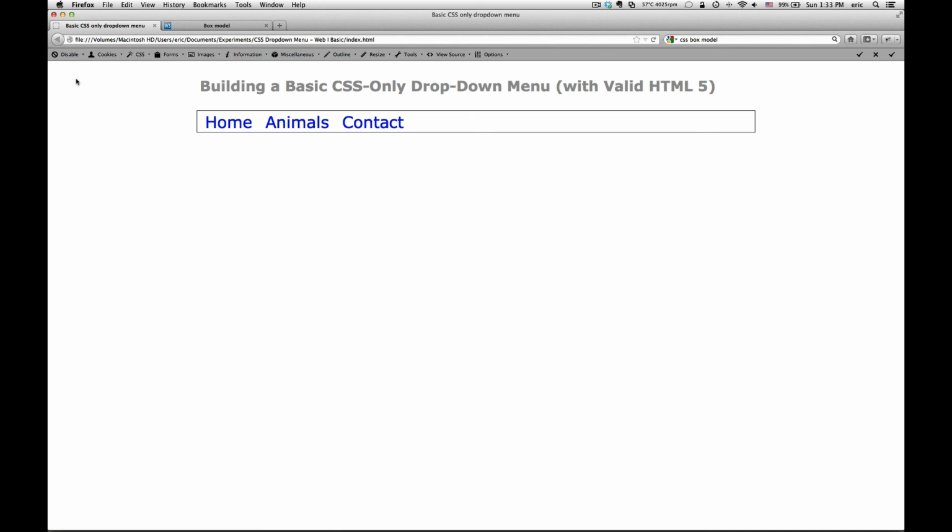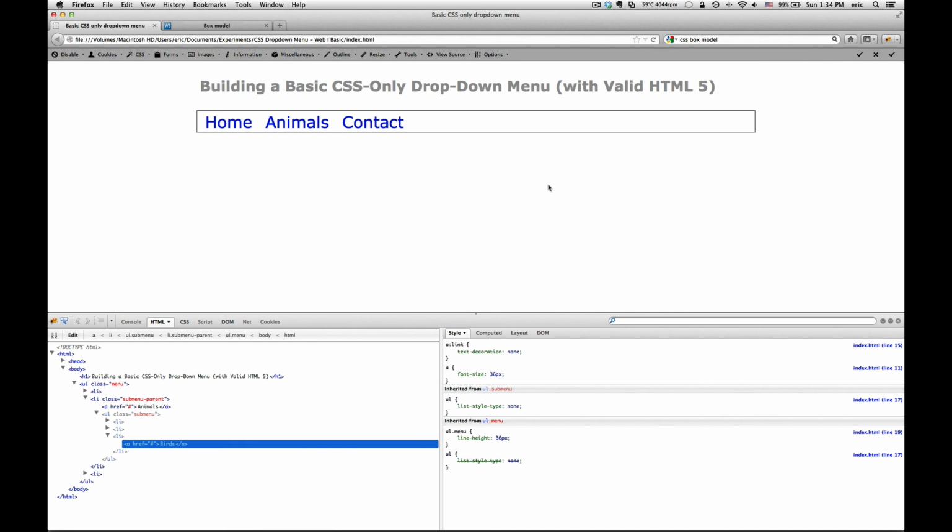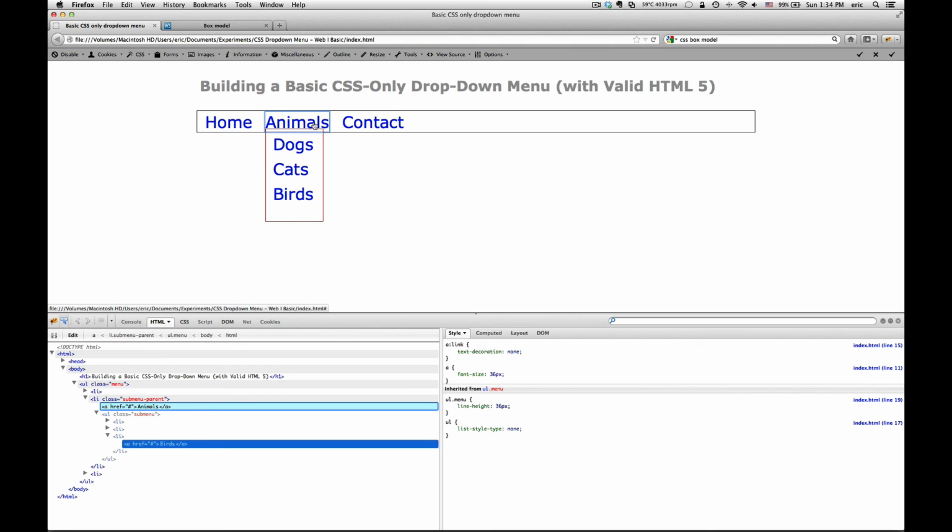and by default it was showing up here in the top left corner of the screen. The minute that we told the browser, okay, the submenu parent element, so the actual list tag with the word animals in it, is position relative, this absolutely positioned child element was therefore snapped into position because the top left corner was being calculated from the corner of animals. So if I go and hover over animals here, you can see the blue outline around animals, that's the location where the menu is being positioned from. So this top corner here above the A, that being the top corner of animals, my menu is now being pushed down from that corner